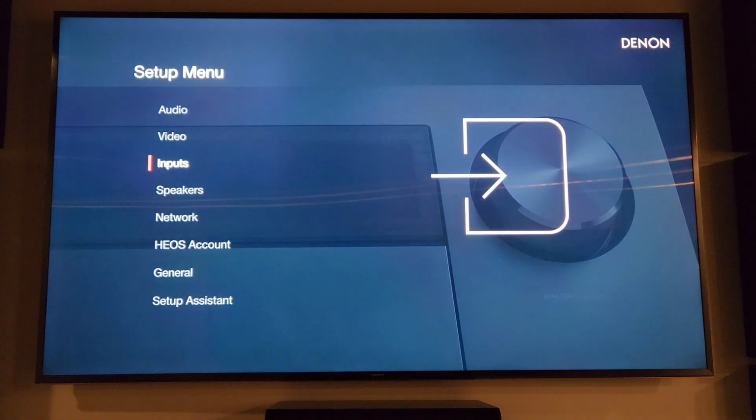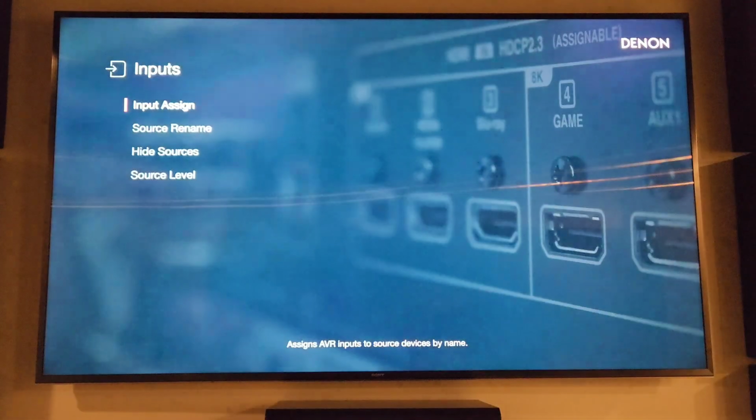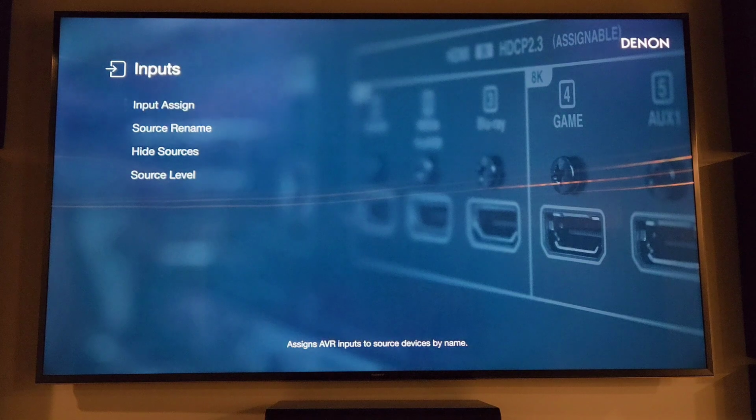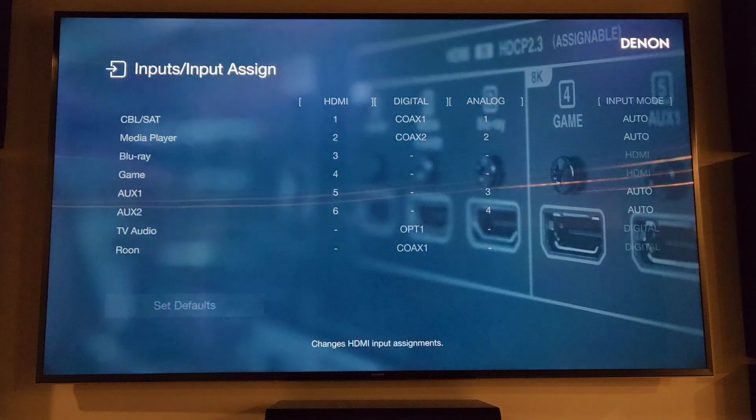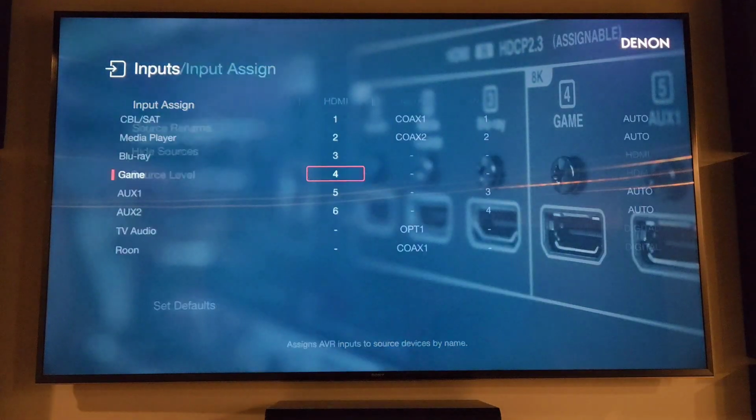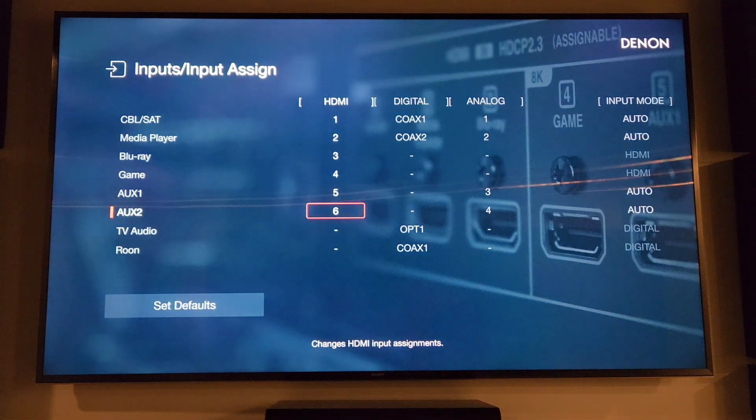Let's go over to inputs. We got input assign. Go in here. So here you can choose, for each input, what input on the back of the receiver you are using for that input setting. So let me go back in here. You can see down here, I keep going,